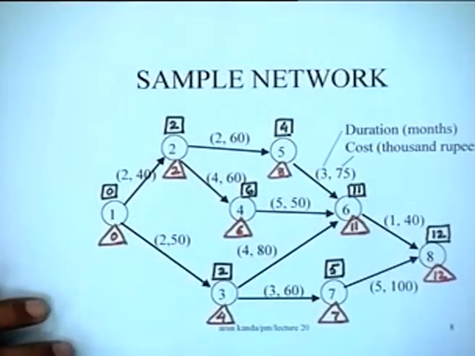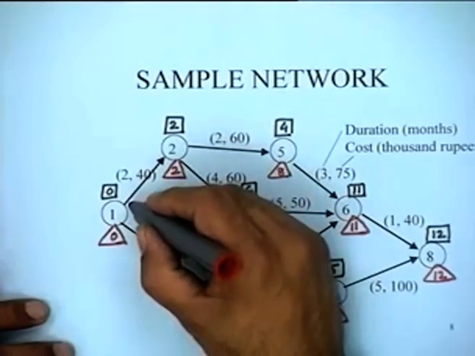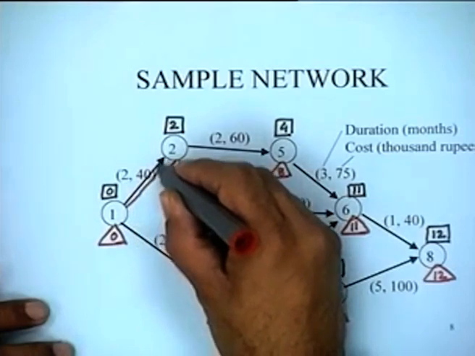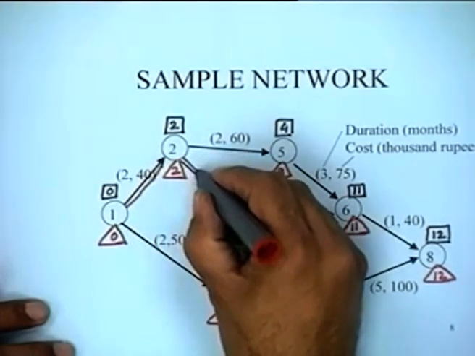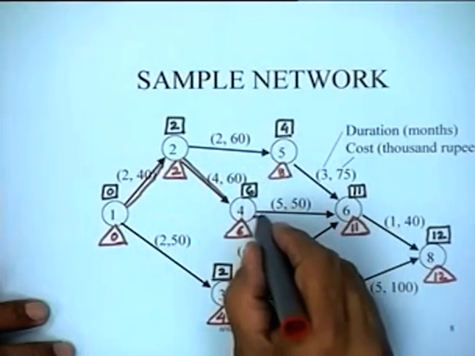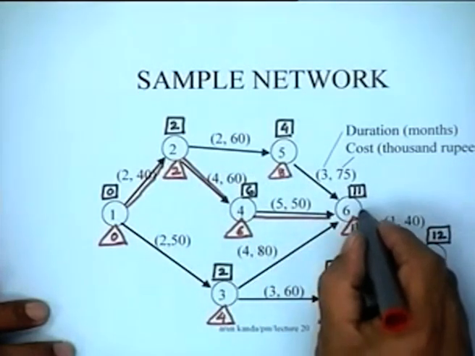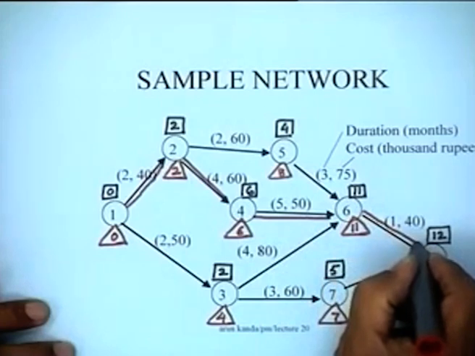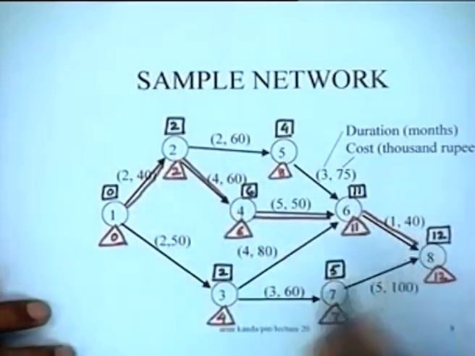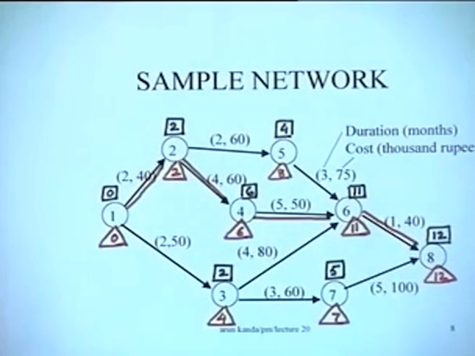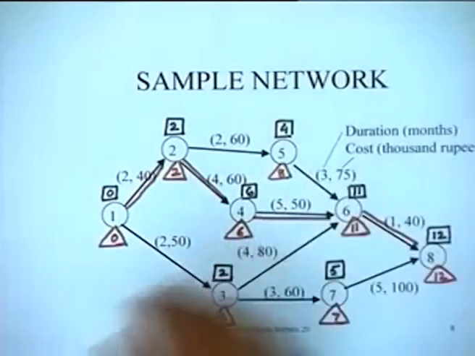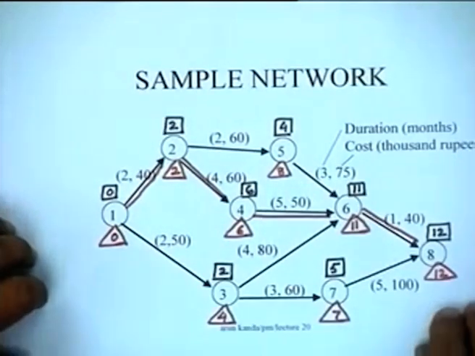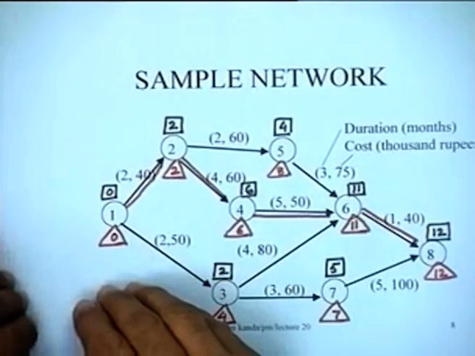We have just worked out the earliest and the latest occurrence times, and what you can see from this particular problem is that the critical path, for instance, is going to be this one. This is the critical path in this particular project, right. So what you can immediately see from here is that this critical path